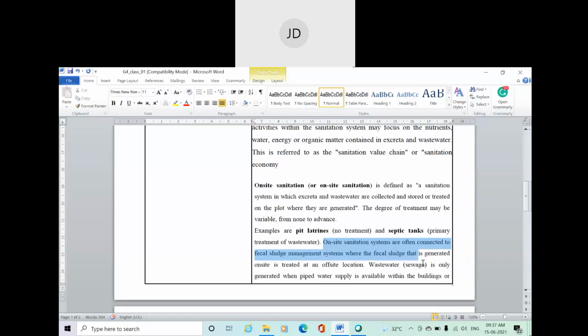On-site sanitation systems are often connected to a fecal sludge management system, where the fecal sludge that is generated on site